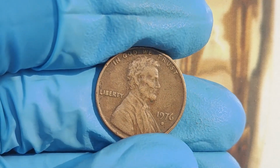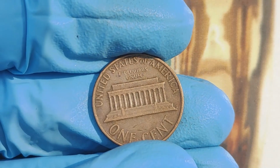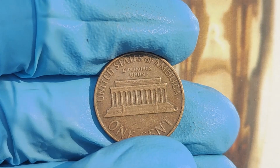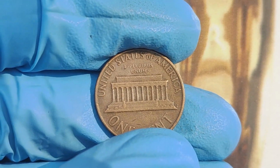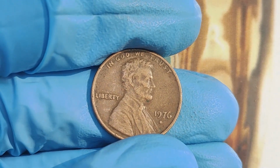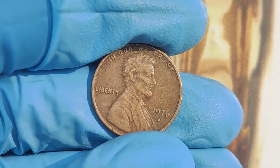Collectors are specifically looking for coins with rare errors like double dies, where the lettering or design appears slightly doubled. This happens due to a misalignment during the minting process. Another key detail is the coin's condition. A 1976 penny in pristine, uncirculated condition could be worth thousands or even millions if it exhibits a rare error,